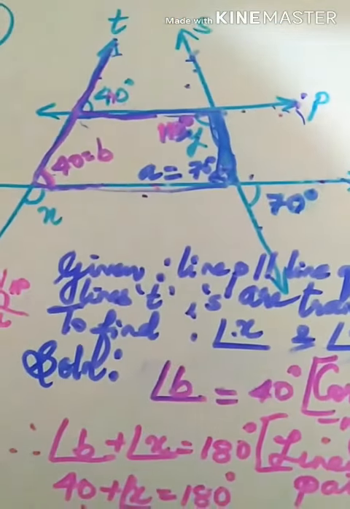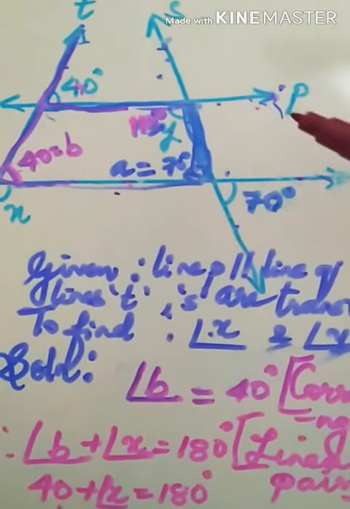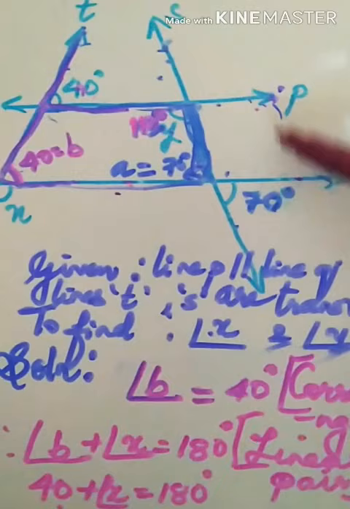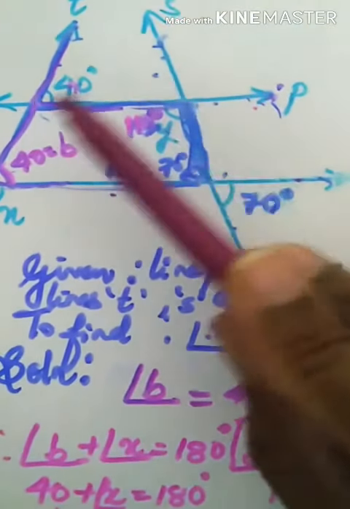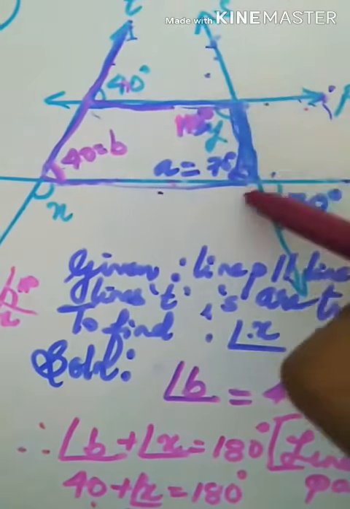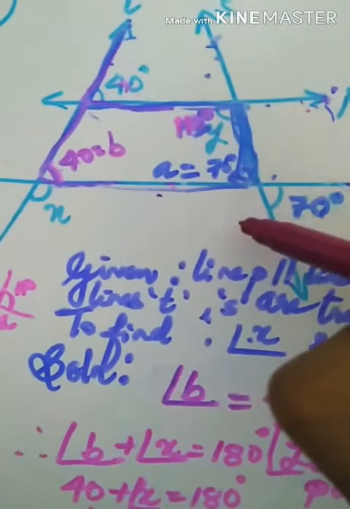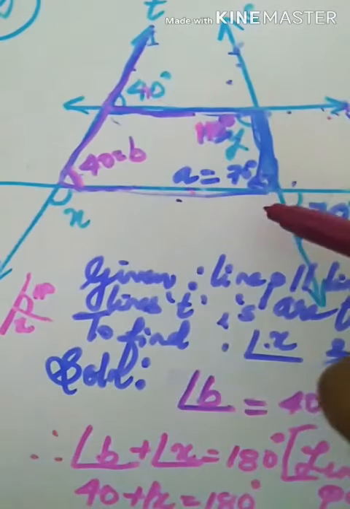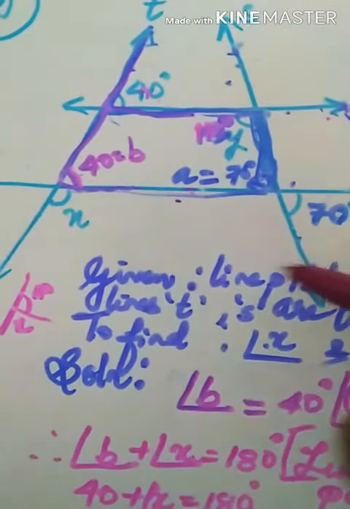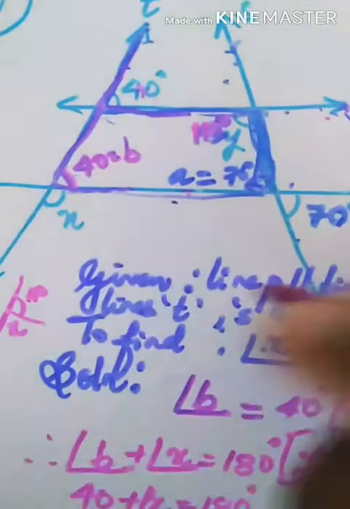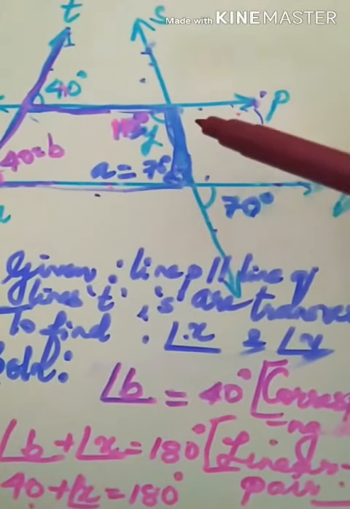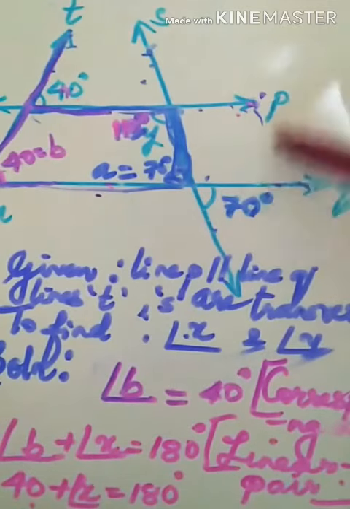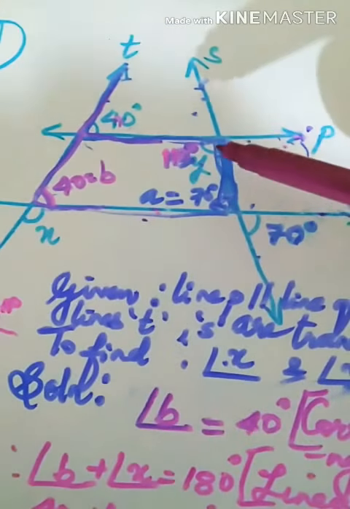Understood? Okay. So as I told you, you take corresponding angles only for the lines which are parallel. By giving two transversals, they are trying to confuse you. So you can't take alternate angles this way, because then it is coming for T and S. You can't take interior angle X and this angle. Again, it is coming for these two lines which are not parallel. So try to use corresponding, alternate and interior angles for the parallel lines. This way we got the value of X as well as value of Y.